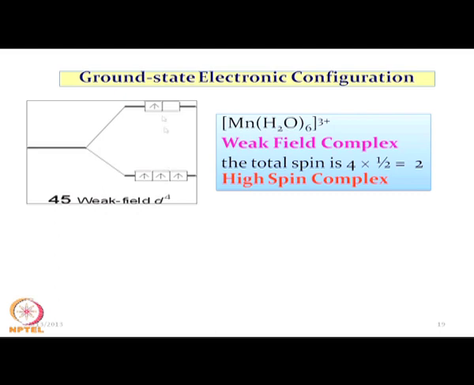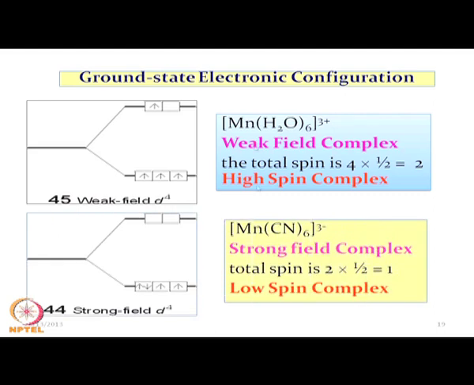So, in this particular situation, trivalent manganese cannot force the corresponding pairing in the lower level, that means the delta 0 is less in the case of this hexaaquamanganese compound. It is well known, like our cobalt cyanide compound, that when we move from aqua to cyanide, it would be a strong field complex, and the total spin in that case would be with 2 unpaired electrons, the S is 1, and we have the low spin complex only.